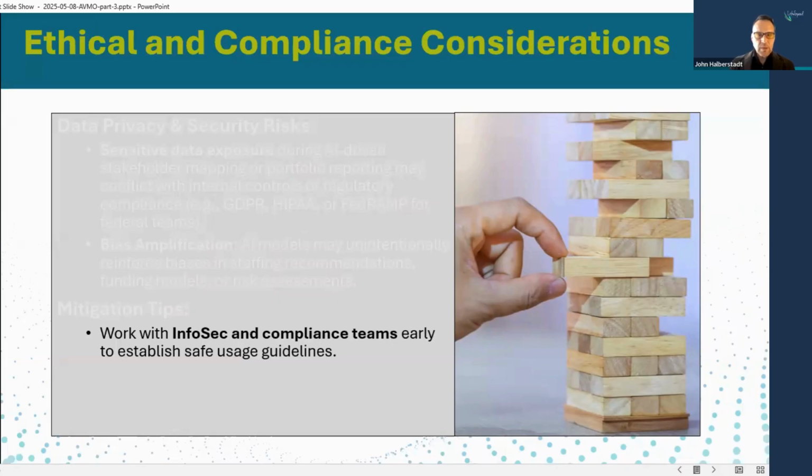Work with InfoSec and compliance teams early to establish those safe usage guidelines. So we really want to know, some organizations already have a policy, hopefully most do by this time. When I first started talking about this, many organizations didn't, or they simply said, you can't use these tools. And the reality is that the data shows that whether or not people are allowed to use these tools, they're using them. And so let's go ahead and accept that that is a reality,